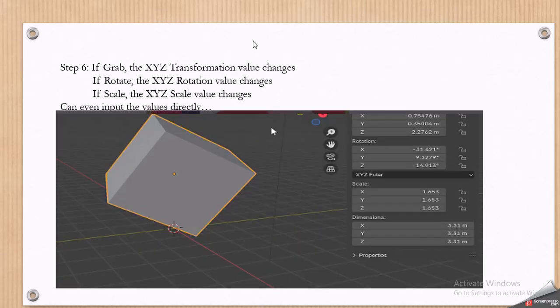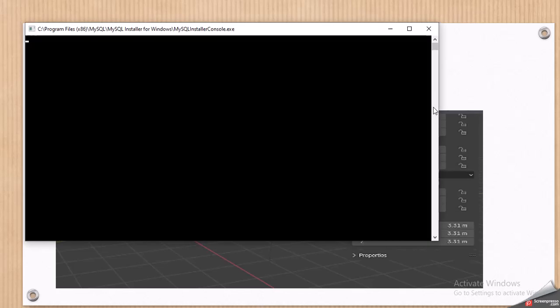So next, if we want to do transformation. In Blender they call it selection, and grabbing they call transformation. So if we grab with XYZ transformation, see here when we press G and grab, this is